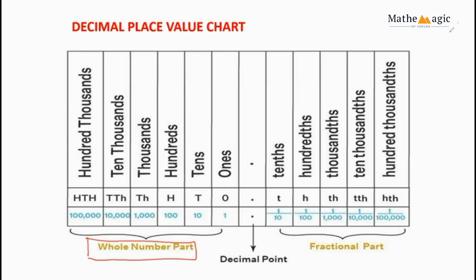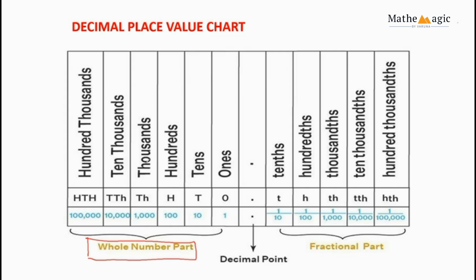In whole numbers we have ones, tens, hundreds, thousands, 10,000s, 100,000s, then it moves on to millions, 10 millions. Now this is according to international place value. In national place value, we have ones, tens, hundreds, thousands, 10,000s, lakhs, 10 lakhs, then we move on to crores and it goes on.